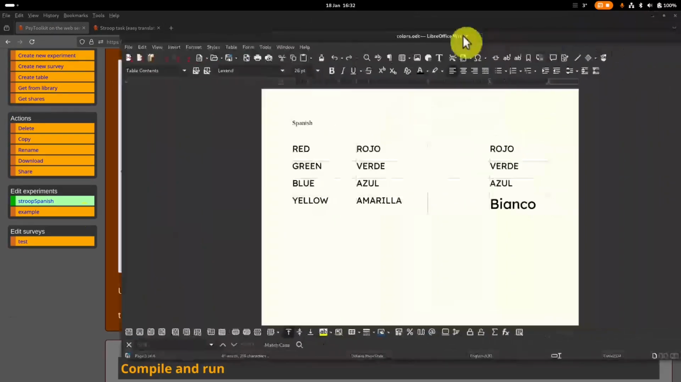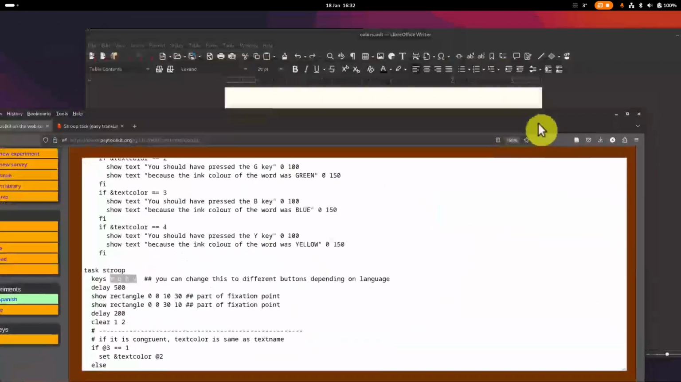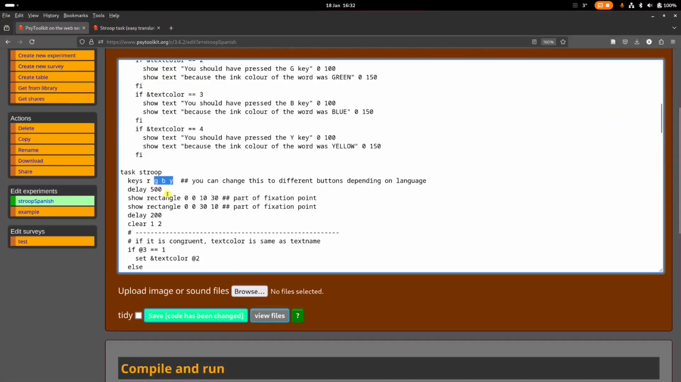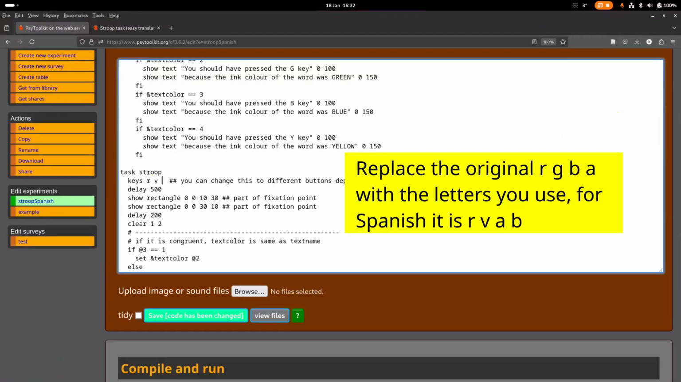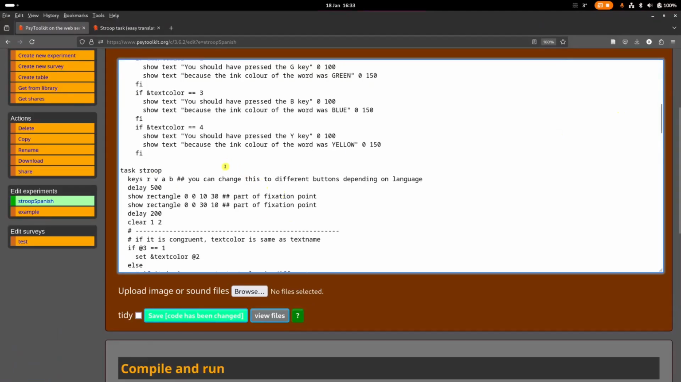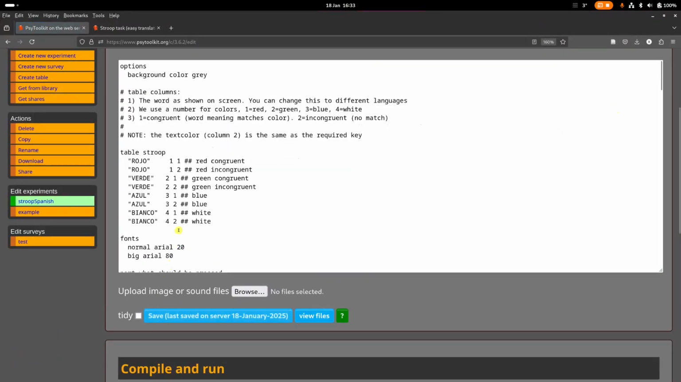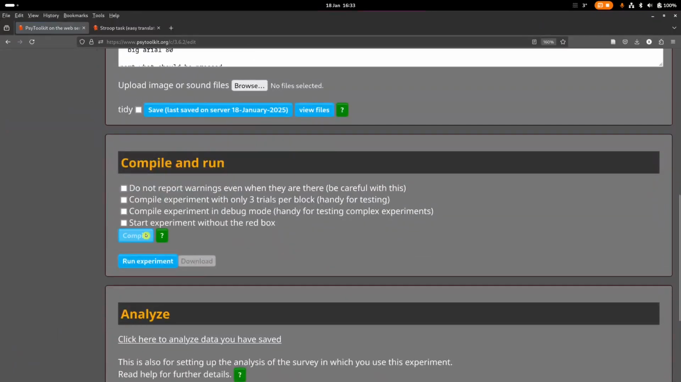Now, in Spanish we have different words. So we're going with these words. We have R, the V, the A, and the B here. So we need to replace that: R for rojo, V for verde, A for azul, and B for blanco. That's important because it's different from the English version. Then you save it. Assuming you have done all the translations, you compile it and you run